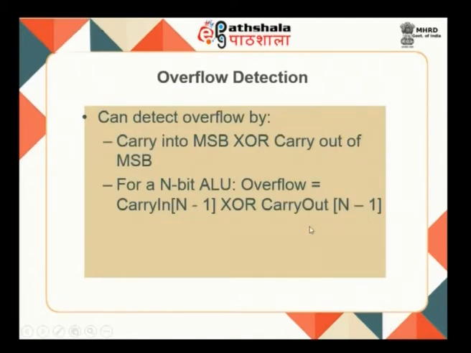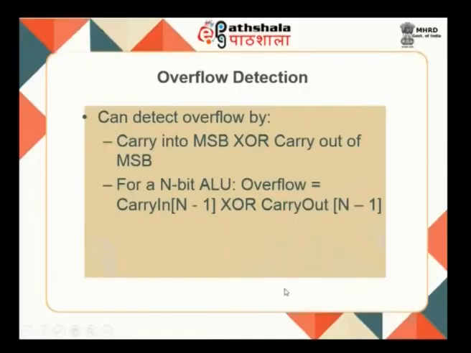Now, how do you detect overflow? Overflow is normally detected by looking at the carry that goes into the most significant bit and the carry that comes out of the most significant bit. These 2 should be the same. If there is a carry going into the most significant bit and there is no carry coming out of the most significant bit, that is an indication of an overflow condition. So, overflow can be detected just by doing an XOR of these 2 bits. When these 2 bits are different, you get an XOR output of 1,